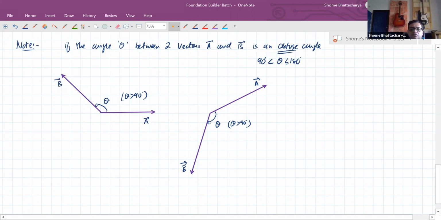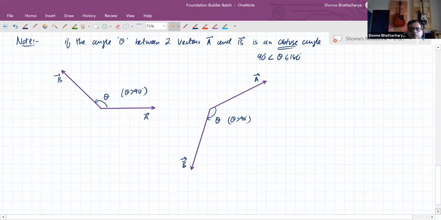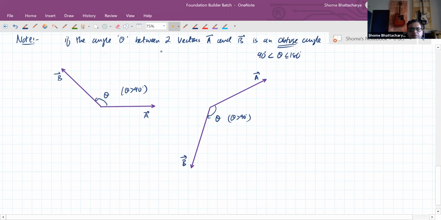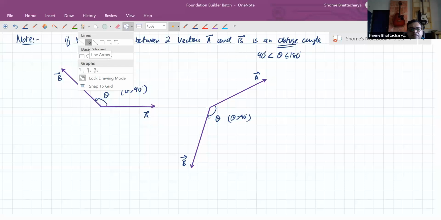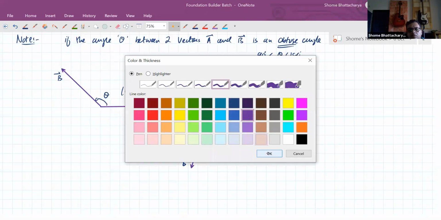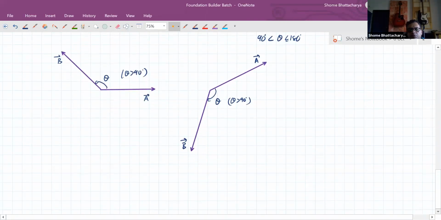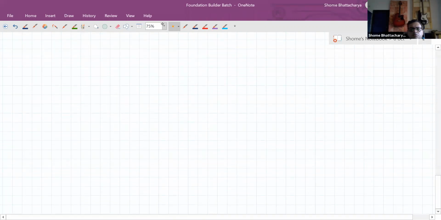Okay, so in either of these cases, let us first look at how we would draw the vector triangle, then we will come to how to apply the formula. For this one, we would have to draw the same two vectors, but now consecutively, head to tail. So when I pick up the second vector from the diagram, I'll have to arrange them like this now. So this is that angle theta from that diagram.